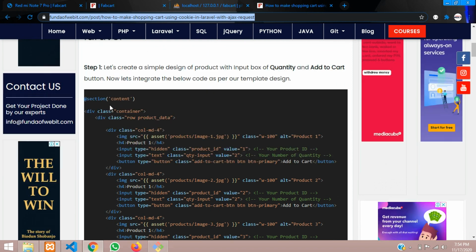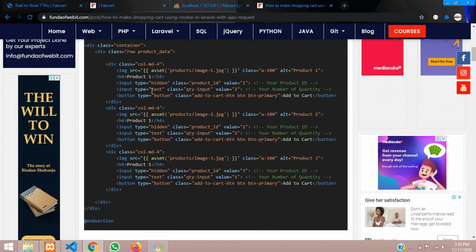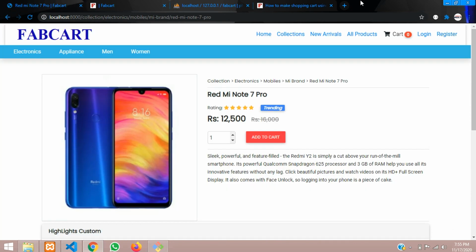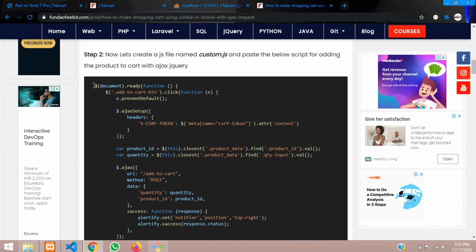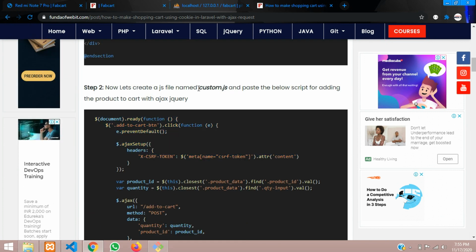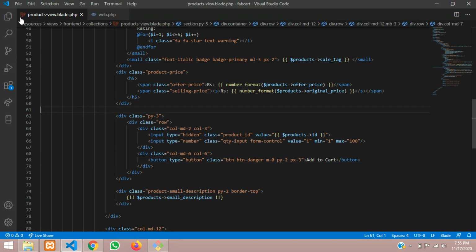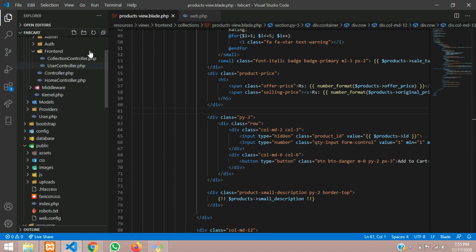So as step one, we are following this design. We don't need this design because we are already on the step. So next we will move on with this. Okay, so let's copy this. Before copying this, we have to make a custom JS file. So let me copy this custom JS, and let's go to our public folder.